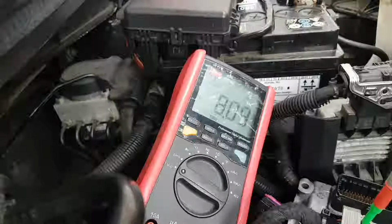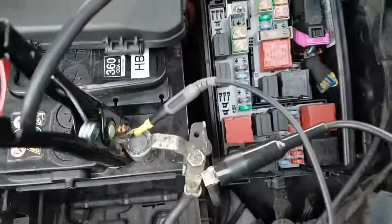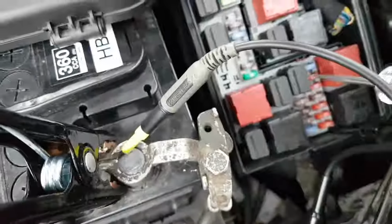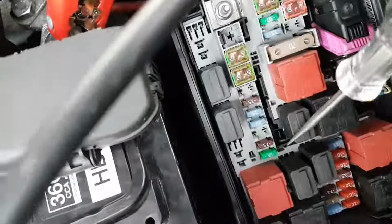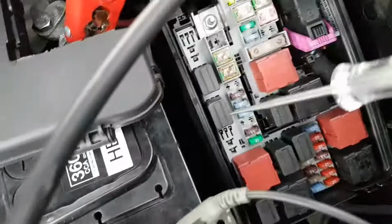Let me figure out where those wires are going. Okay, so indeed it comes to this fuse here, number 10. Okay, and this is powered by this relay. Okay, so I've lifted the relay to expose the blades at the back, and with my test lamp, if I do this,